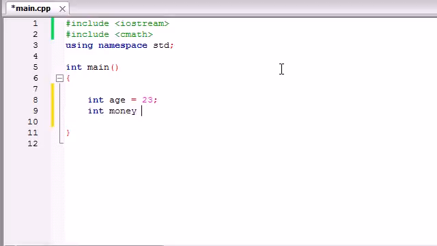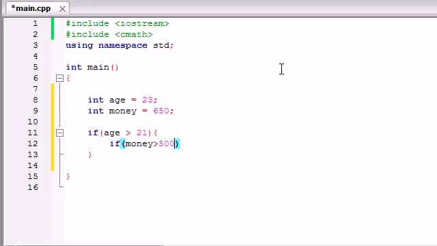And the next thing we're going to be looking at is how much money they have because we don't want to allow poor people into our five-star nightclub. So let's say they need more than $500. So let's go ahead and make this like person has $650. So we can test this like this. If age is greater than 21 and if money is greater than, what, I say 500,